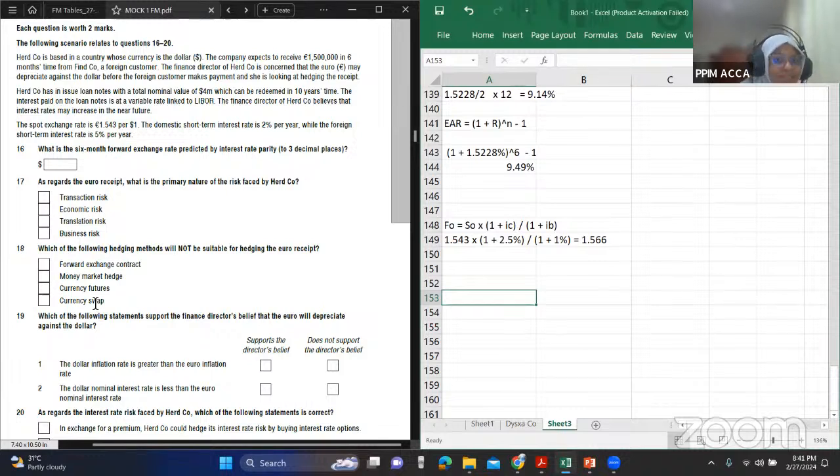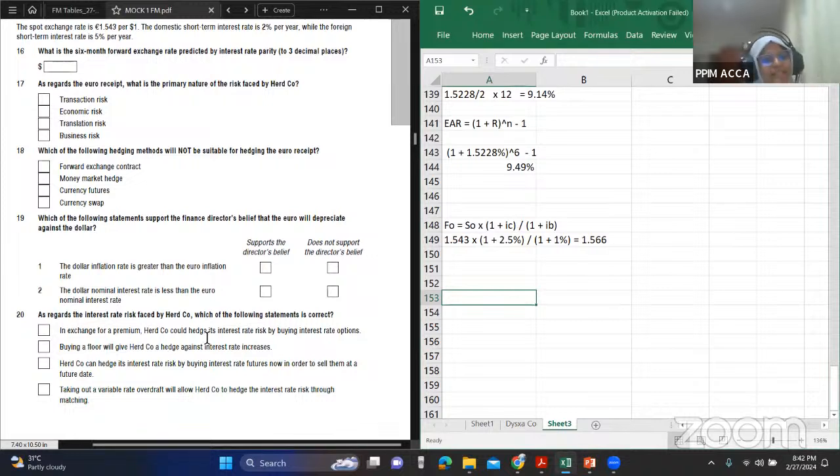Okay, that is if it is an interest swap. Even if it's a forex swap, we are talking about one currency. Somebody has taken a loan or something in one currency, another person has taken it in another currency, and we are trying to swap it. So that will anyway not really hedge the 1.5 million receipt in euros. So you have to either go for a forward, a money market hedge, or a future.